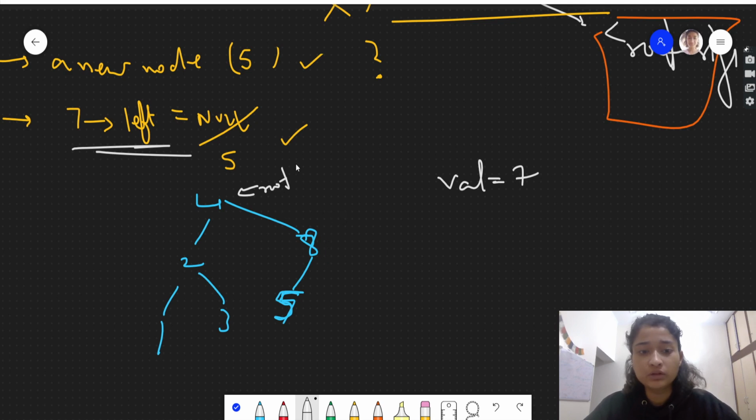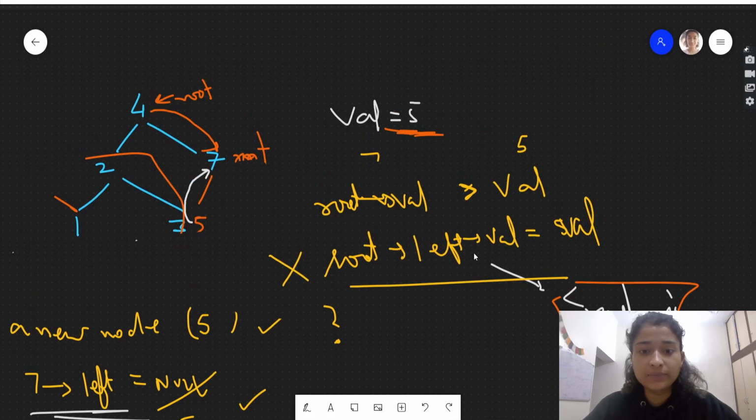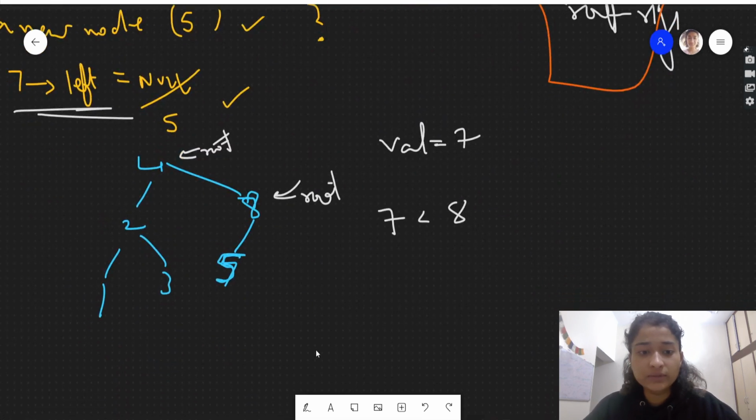So we go, root pointer will come here. Then we check root is 8 and our value is 7. So value 7 is less than root, so means 7 will go in the left subtree of root. So according to, if we think like this, that we will just simply update the value whenever we get less than root, then it will become something like this.